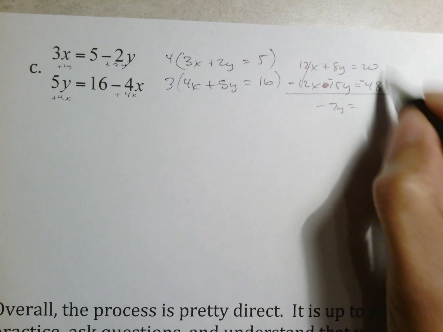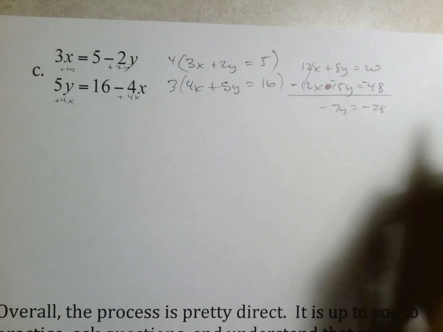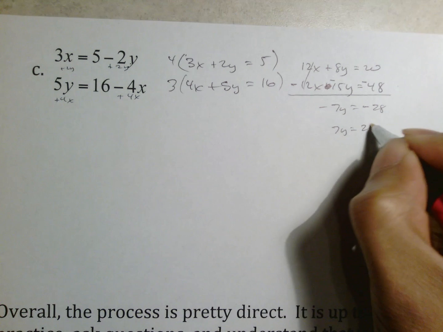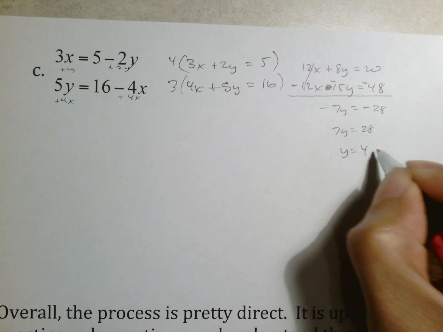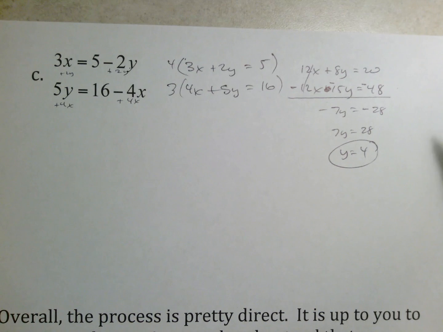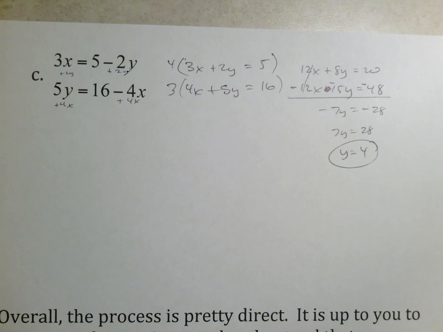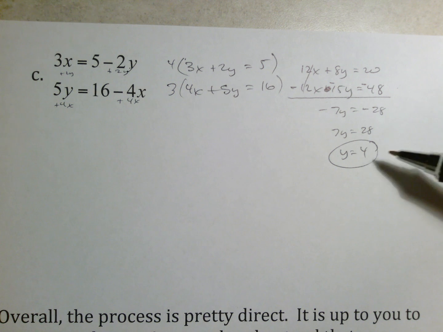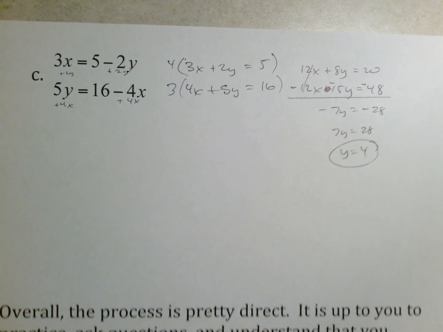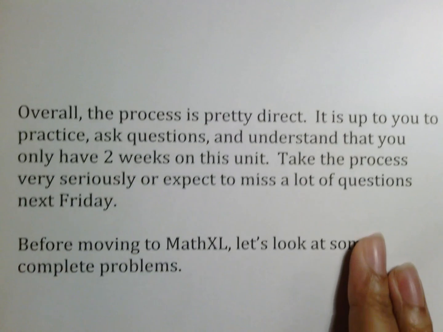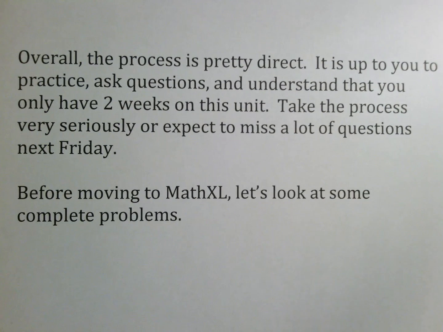7y is equal to negative 28, which means that 7y is equal to 28, and when I divide by 7, I get the answer of y equals 4. Once again, before you make a bad habit of it, take the 4, plug it in, and get the x, but we're not doing that for the sake of these notes, because I just want to make sure you can get the first answer. Overall, this process is pretty direct, but it's up to you to practice, ask questions, and